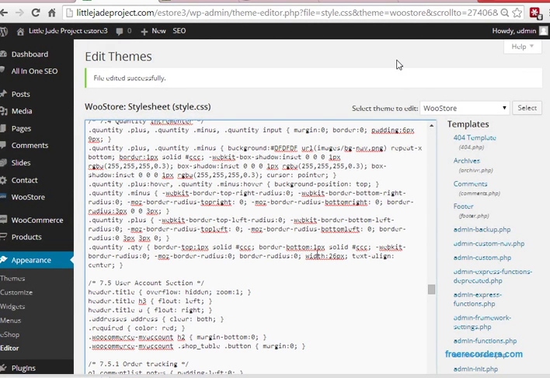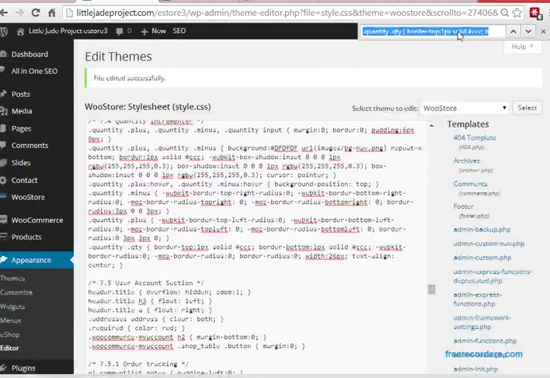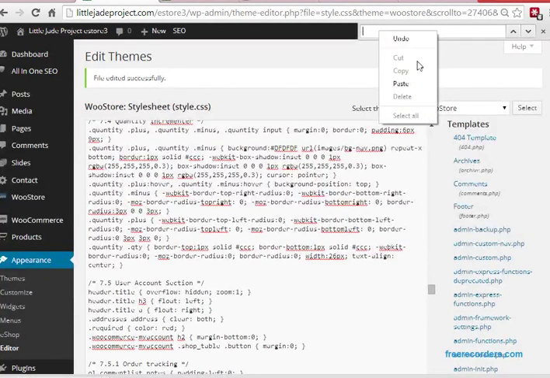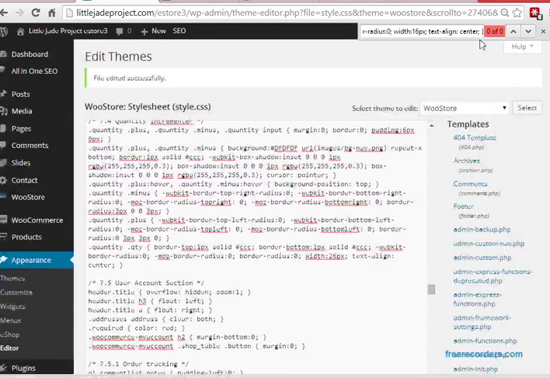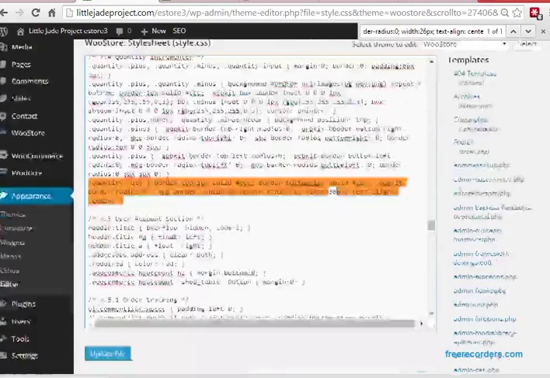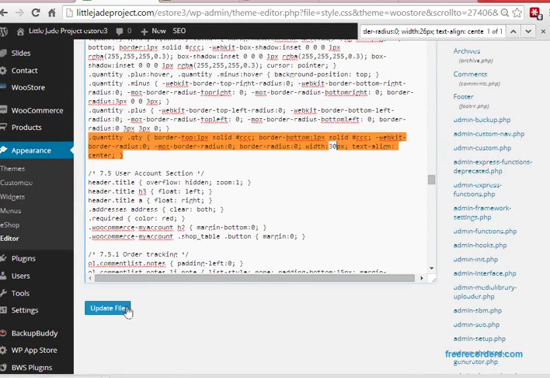So if you no longer know where the code is, just repeat the process. Ctrl+F, copy, paste on the search bar. Oh, I'm sorry, because we actually changed it to 26. There we go. So make sure that you change it to 30. Scroll down, click on update file,